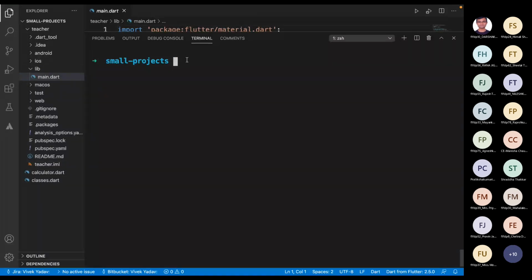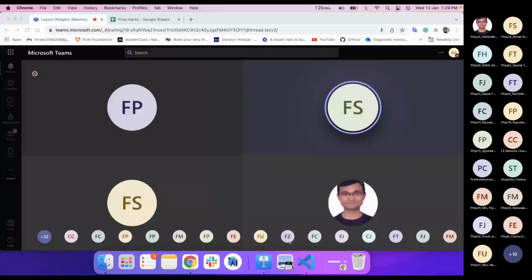So let's try to run this particular project. Before that, let's find out what devices I have. If I run flutter devices, I will find all the devices which we have. Devices means all the platforms on which I can run my project.